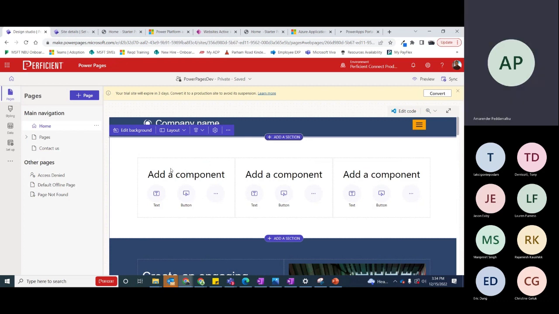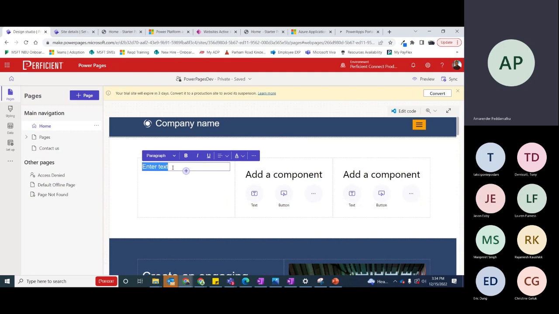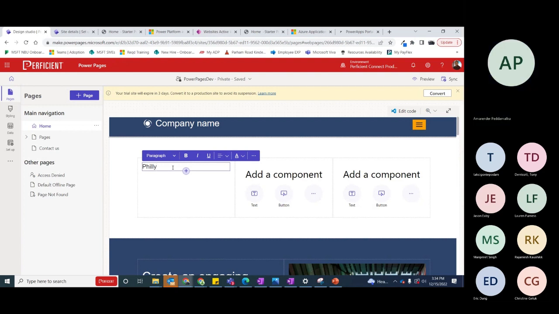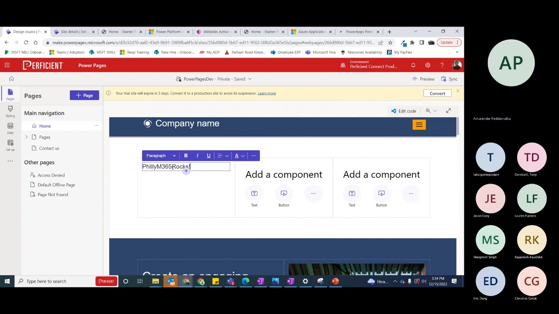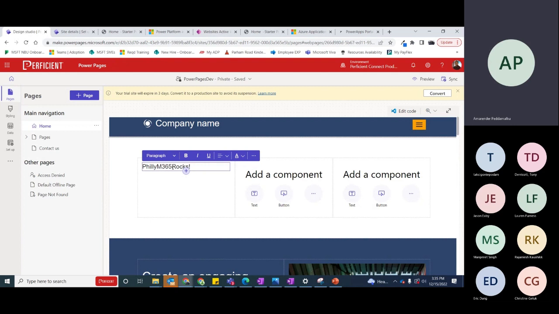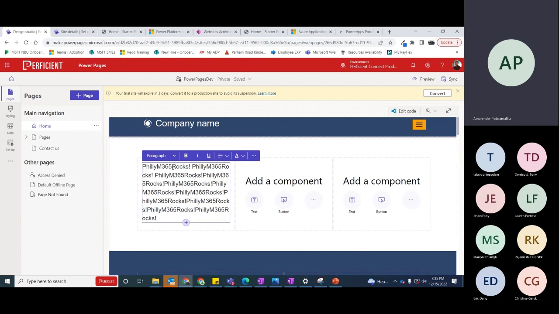And once you do that, it gives you the ability to add different components to your web page. So let's say you want to add simply text to your homepage. So let's say Philly M365 rocks. And you can style the text right here. I'm just gonna fill up the screen right here, but you can simply add the text and style it according to your design. Let's say background color, brand color, more colors. You can simply change that. So let's pick